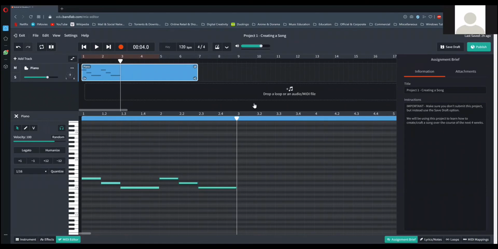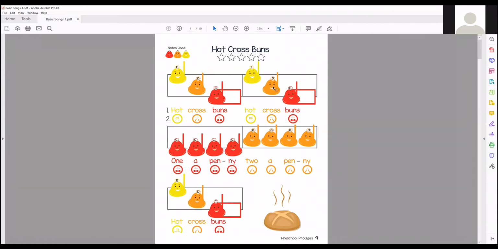Okay, so now I'm going to listen to what I've already done. There you go. I've got 2 bars already done. So let's look at the third bar. First bar done, if you see my screen. Second bar done. Third bar, do, do, do, do, or C, C, C, C. Okay, 4 C notes. Let's go back to my MIDI.